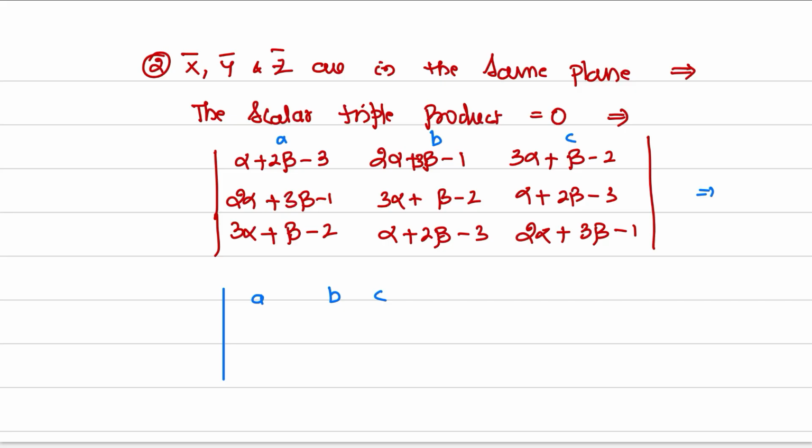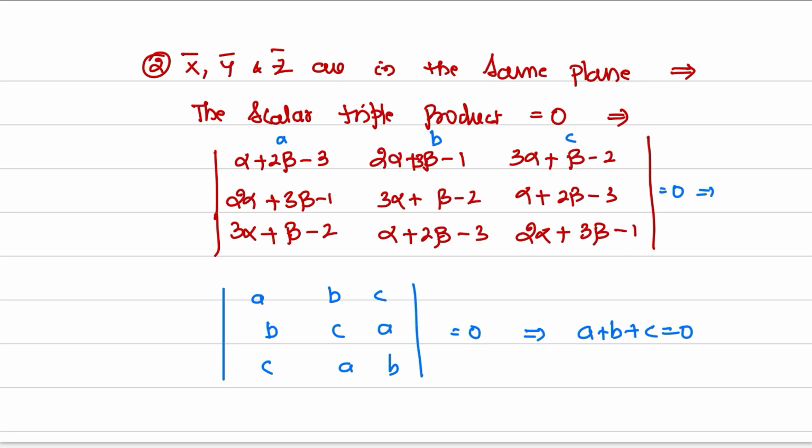Now, A, B, C, B, C, A and C, A, B. This should be equal to 0. When will it be equal to 0? When A plus B plus C is equal to 0. This implies,